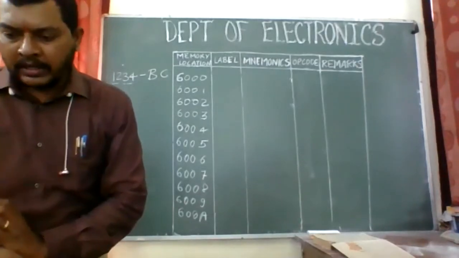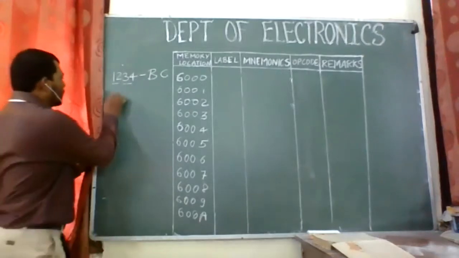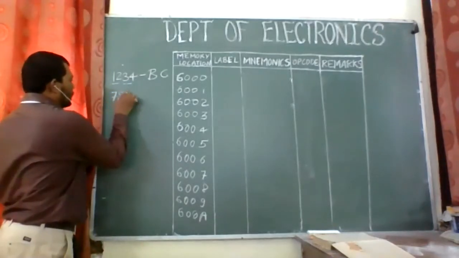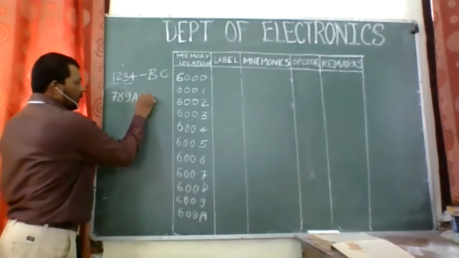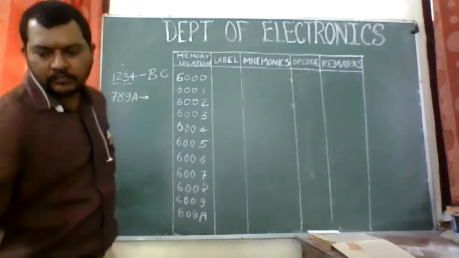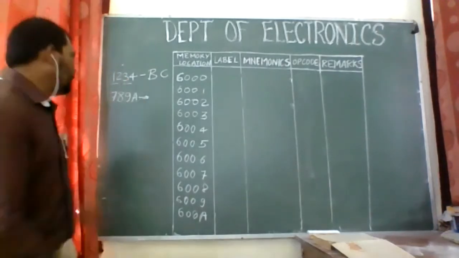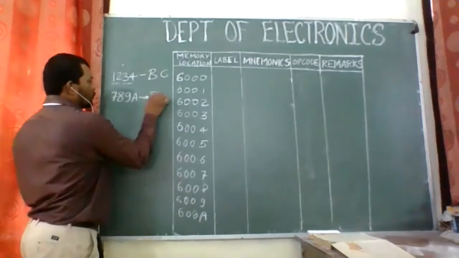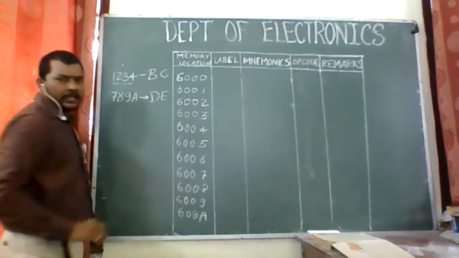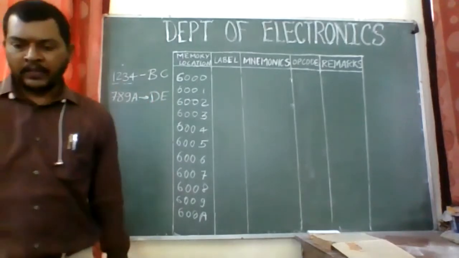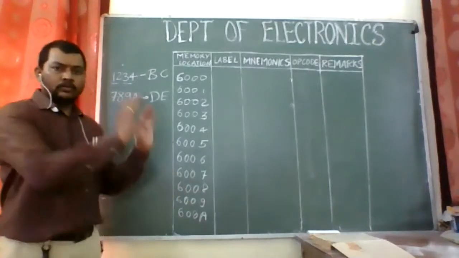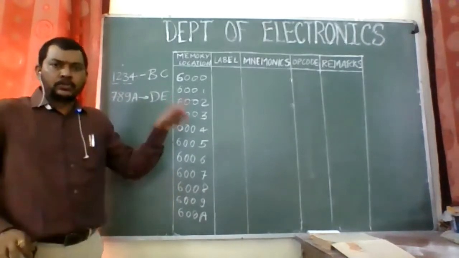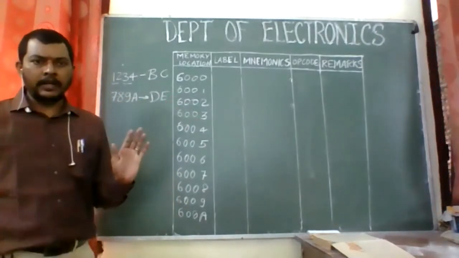Second जो डेटा है that is data 7898, that is hexadecimal, in register pair DE, right? So I am using this instruction DE. ऐसा हमको स्टोर करना है. इसके बाद कुछ करना है क्या? नहीं, ये इतना ही करना है, राइट? So I will show you two ways to load this data, right?